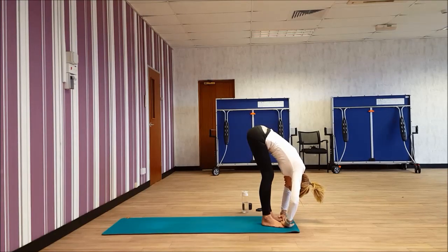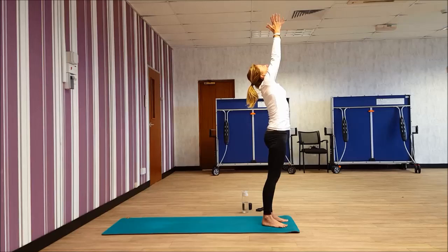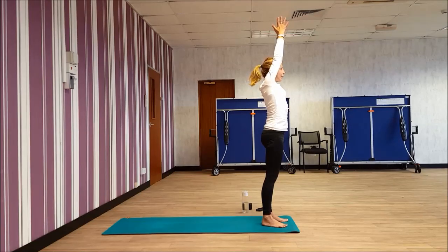Keep pulling your head down towards the mat, folding from your hips. Take a big breath in, and as you breathe out, bend your knees and stretch all the way up. Take another big breath in, and as you breathe out, look forwards through your arms and stretch